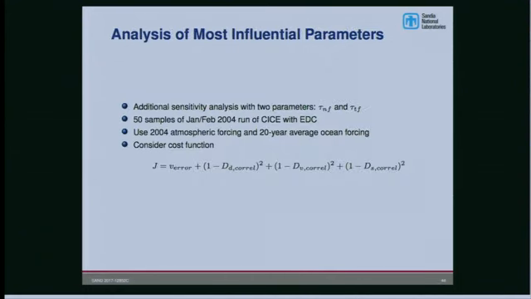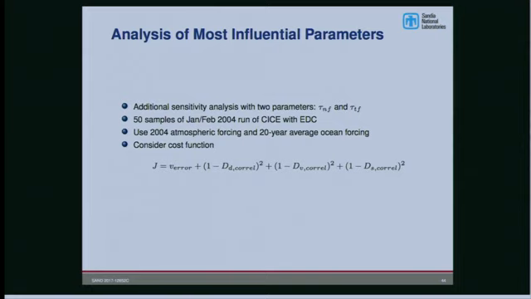So for the next set of calculations, we decided to just do an additional sensitivity analysis on just the two strength parameters. And we ran, again, another 50 samples, this time using 2004 data for the forcing.